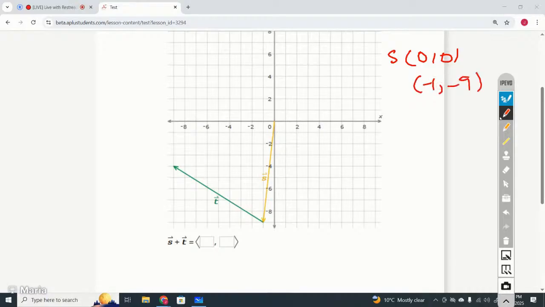Oh, I think I did negative 8. And for the t, that is negative 1, negative 9, and negative 4, negative 9. So the components are,